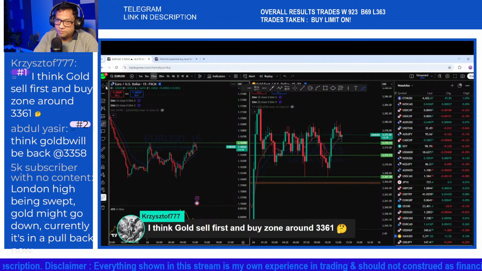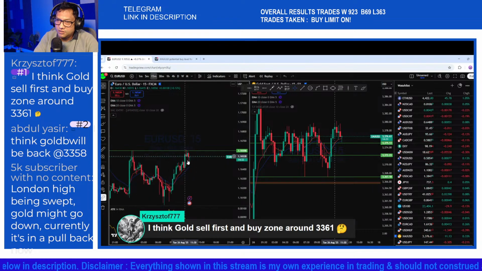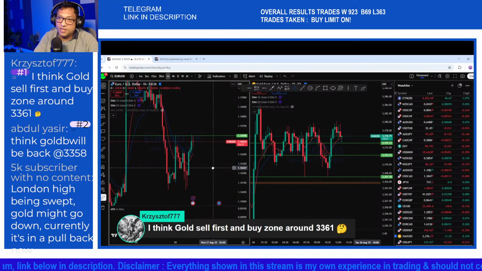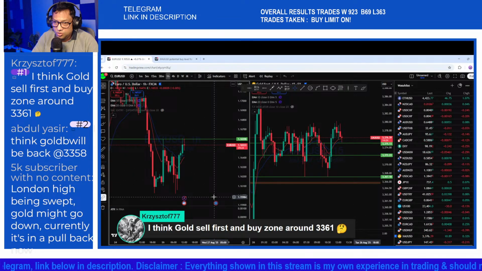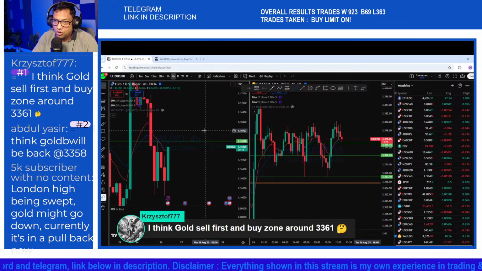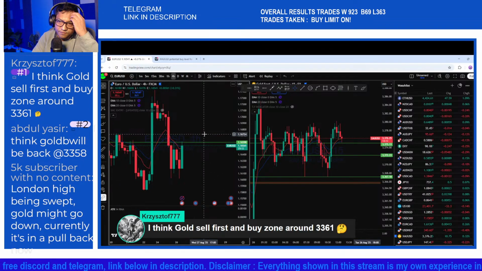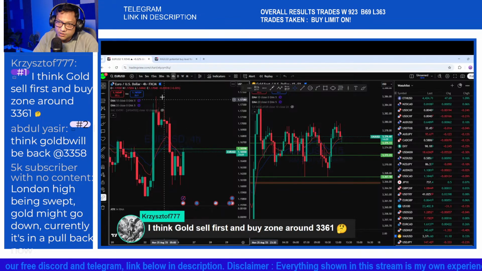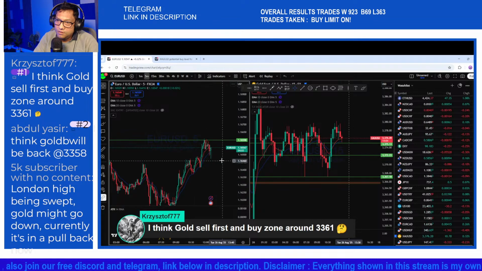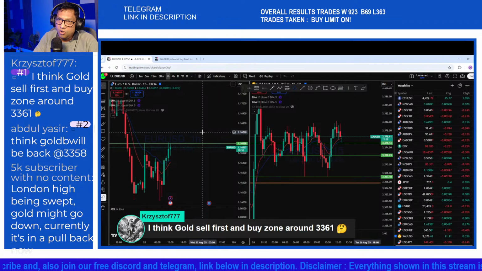Looking at the market on Euro dollar, I think the price will possibly retest and then reject back again to the major direction of the trend. So from the 4 hour as well, we can see the price is almost nearly at the candle close, and this is the previous session's zone where there was a stronger liquidity grab in this area on Euro dollar.